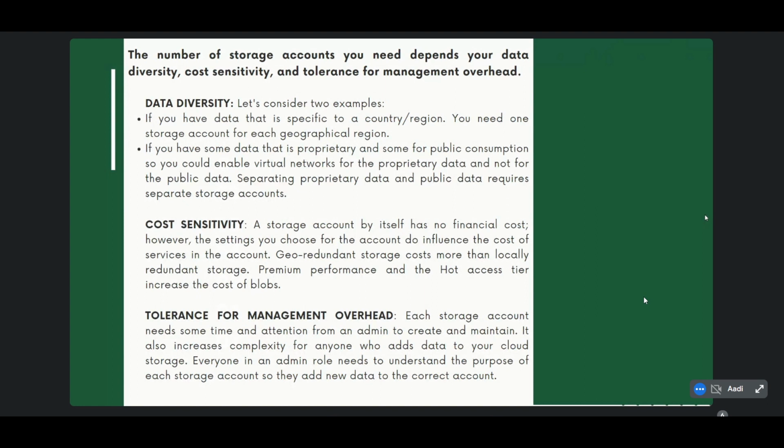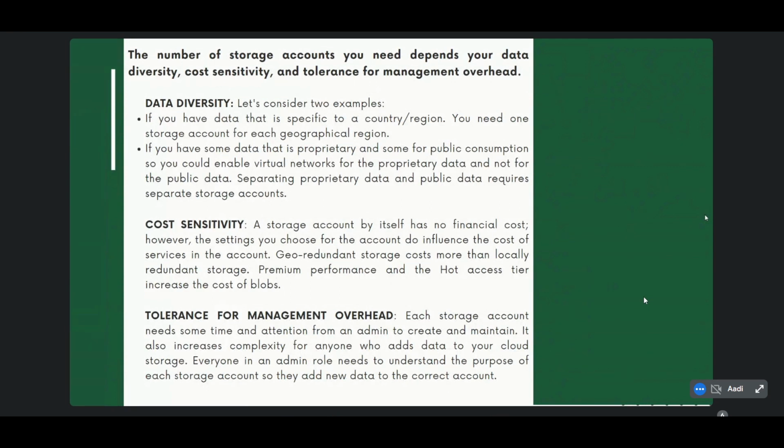And second is cost sensitivity. A storage account by itself has no financial cost. However, the settings you choose for your account, the settings that we discussed earlier, do influence the cost of service in the account. Like geo-redundant storage costs more than locally redundant storage.